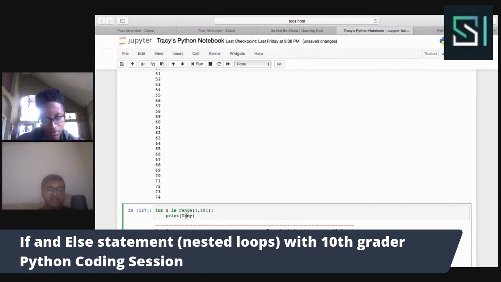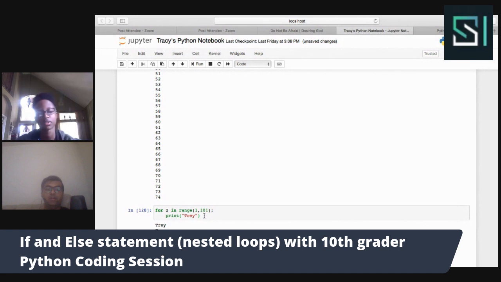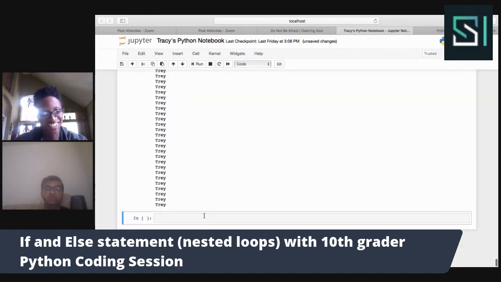So when you print tray like this, Python thinks that tray is something that's already there in the memory, and it searches for a box with the label tray. But we have not declared a variable tray. We just want it to print tray like this as a type. So we cover it with the quotation marks. This way it will treat it as a string and print whatever we pass it. So now when you execute the code,